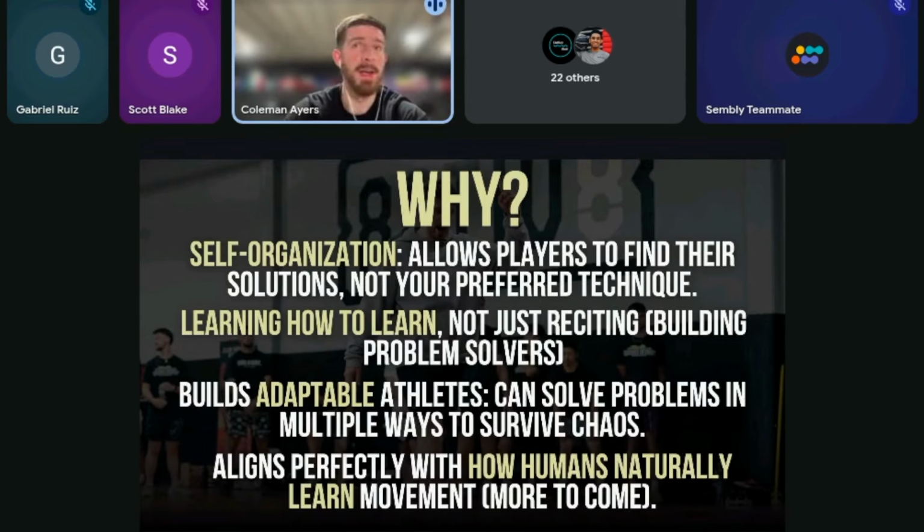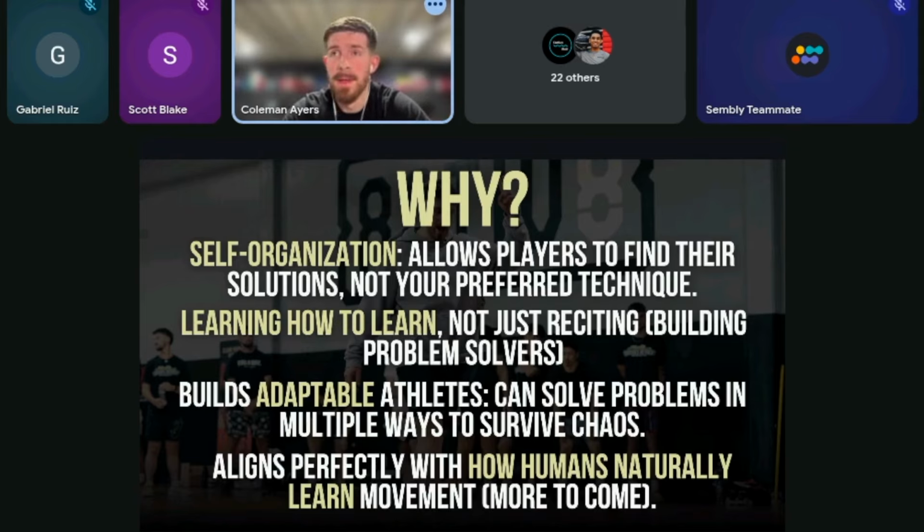Again, whether this is on air or in a live small-sided game, the CLA better allows for athletes to fit their individual constraint profile, and as a result, have games that are more tailored for them, not just for what we think as coaches. And trust me on this, no matter how good you are as a coach, you never know what will actually work best for an athlete. And many times you can limit athletes by giving them one solution or two solutions, or essentially describing something for them and hoping that they follow it.